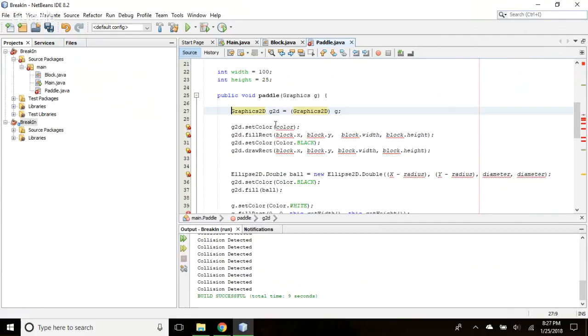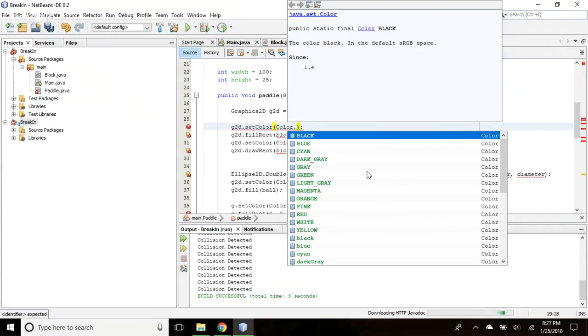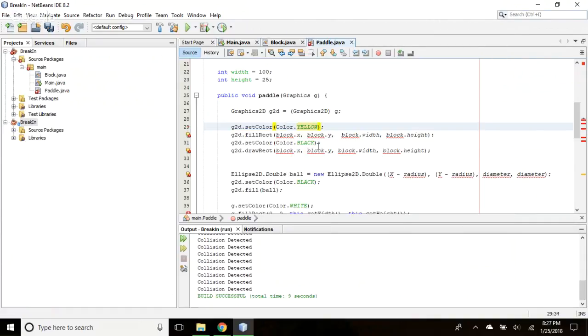Now on the color, we decided, so go ahead and double click on the word color, capital C, OLOR, and then dot. What color do you want the inside of the paddle to be? Okay. And the border is going to be black. Now we're going to fill the rectangle based on this is going to be the starting position.